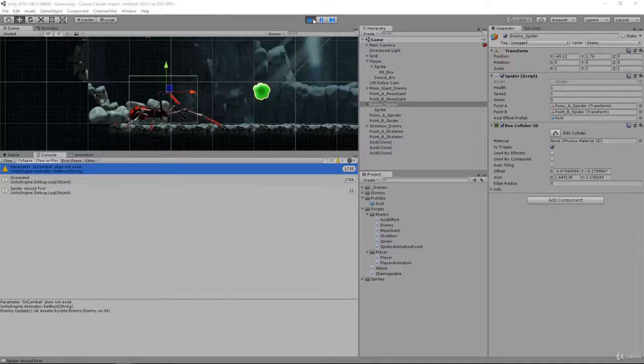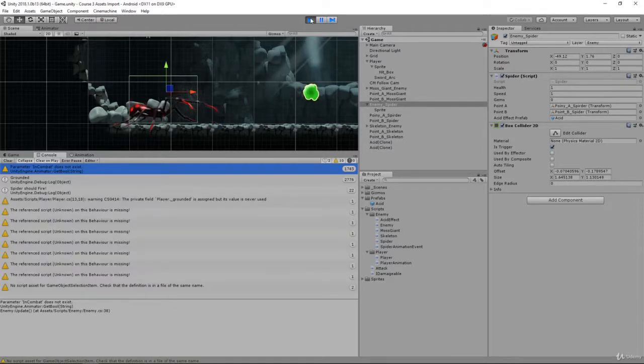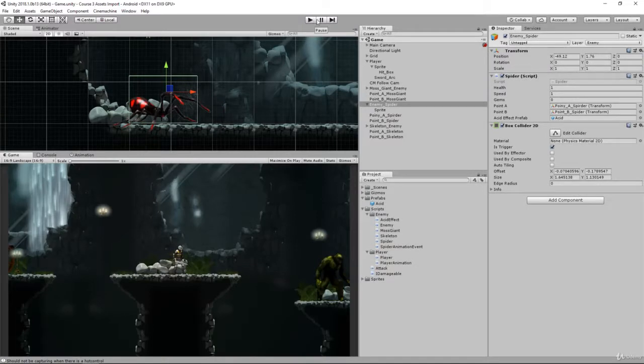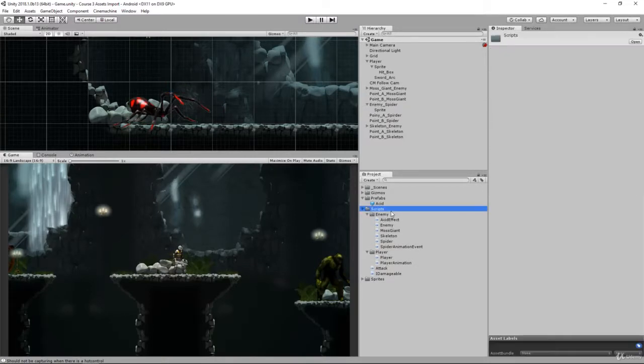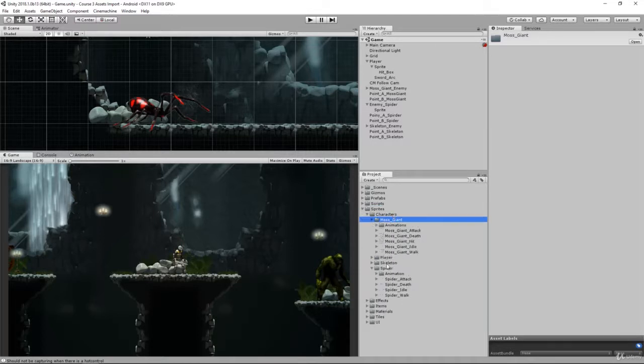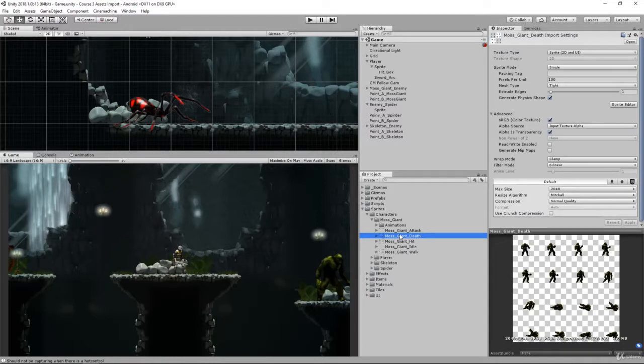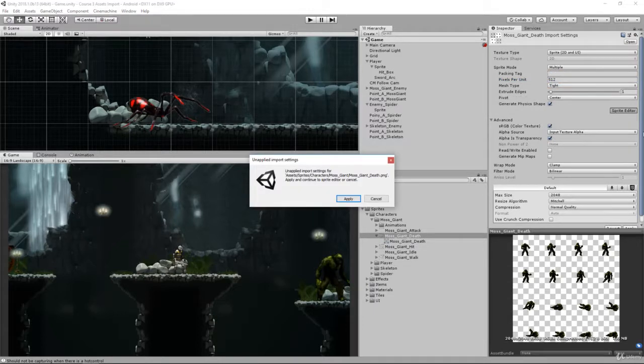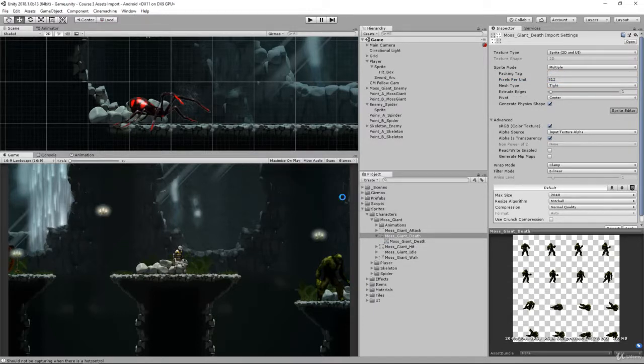So the first thing we need to do in order to set up all of these death animations is we need to slice them up. So let's go ahead and open up our sprites, our characters, go into our moss giant first. Inside the moss giant, we have our death animation. We need to slice this up. So let's make this 512 pixels per unit, change the sprite mode to multiple, open up the sprite editor, hit apply,